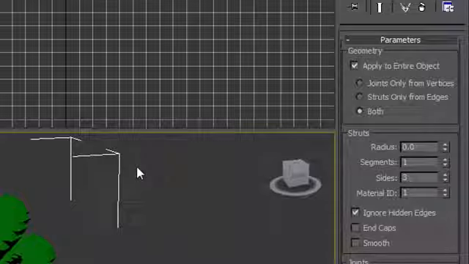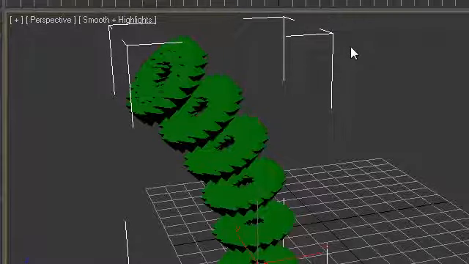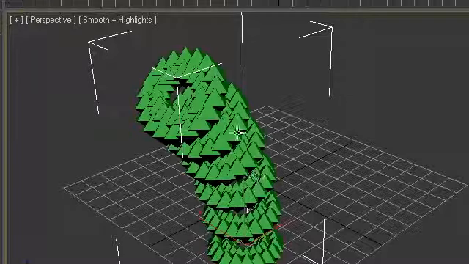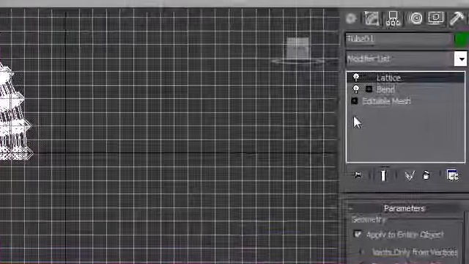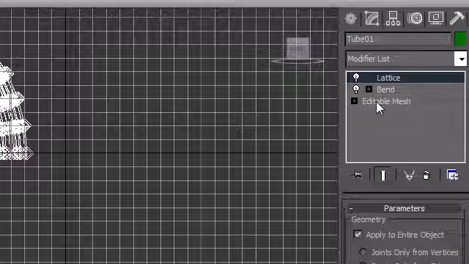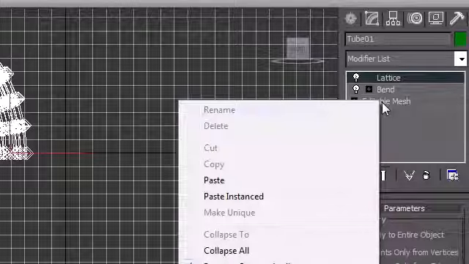But the last thing I want to talk to you guys about is what collapsing an object or collapsing the modifiers means. Anytime you work with your modifiers and you got them just how you want them, and you're like, alright, look at that, oh, that is the perfect animation right there. I want to keep it just like that. What you can do is collapse your modifiers, and this will permanently apply them to the object. So what you need to do is in your editable mesh, or whatever you applied it to, right click